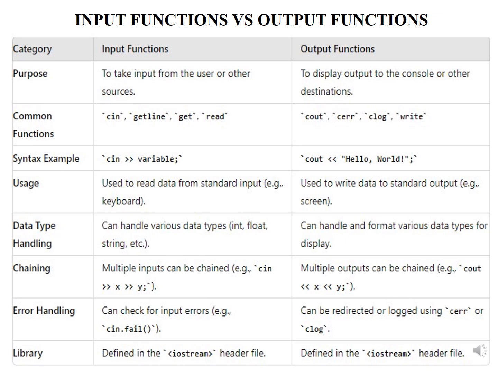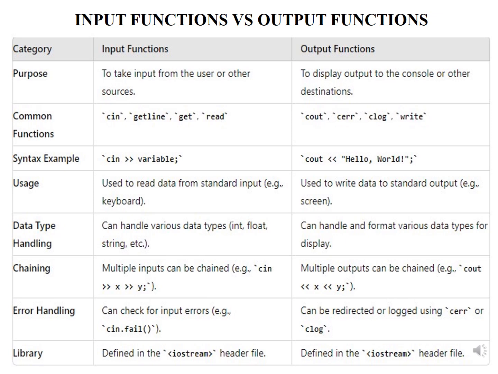Chaining means multiple inputs can be chained. For example, once you write cin >> x >> y, chaining can be created to read more than one input. In the same way, multiple outputs can also be chained by cout << x << y. So x and y, the two variables, are given as output together.